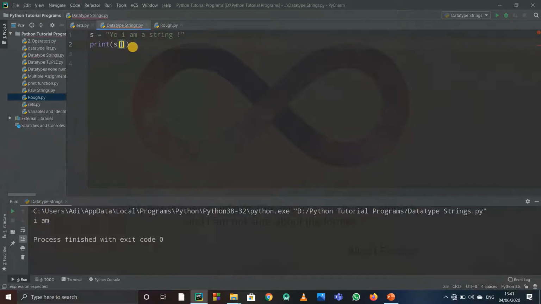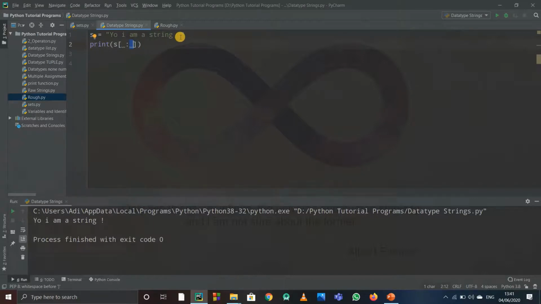Okay, and after that, by default, suppose I write just a colon and run it. It printed out the whole string. Why? Because I didn't mention anything on the left side or the right side. If there is nothing, then by default it takes the 0th index, that is 0 from Y. And if I don't mention anything over here, then it will take n minus 1.